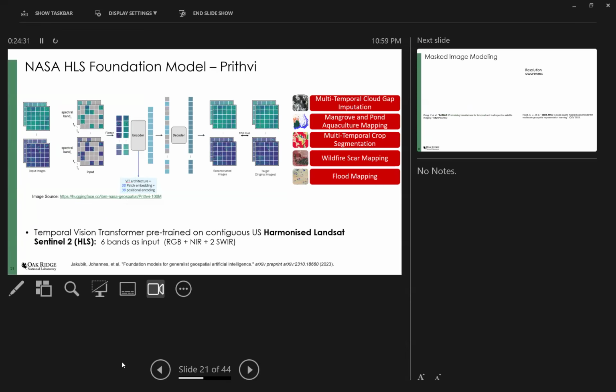For masked modeling, there have been plenty of works doing that, whether it's for just RGB images or, for example, the NASA IBM foundation model called Prithvi, which approached this for multiple bands. They have this data set called the Harmonized Landsat Sentinel-2, where you end up having 6 bands. And then you can play with different variations of how many bands you're using. What they did was essentially expand your regular ViT architecture to be 3D. So you have 3D patch embeddings, you have 3D position encodings, and then you pursue this kind of masked modeling that in their case was demonstrated across downstream tasks that included